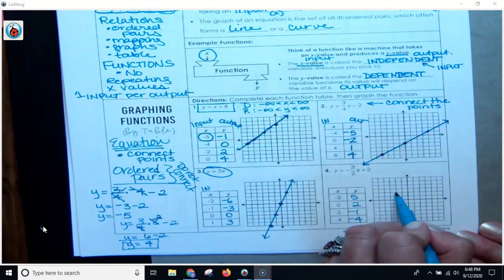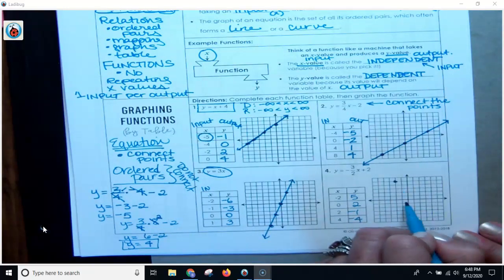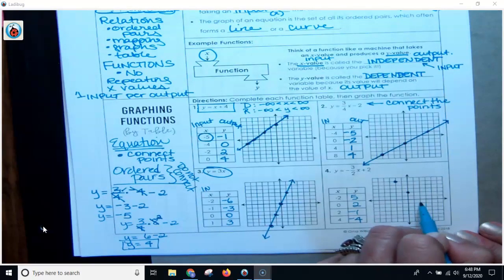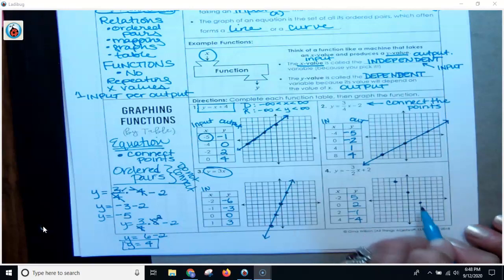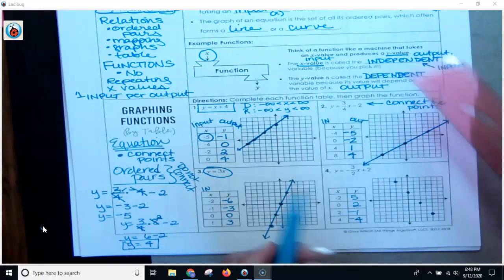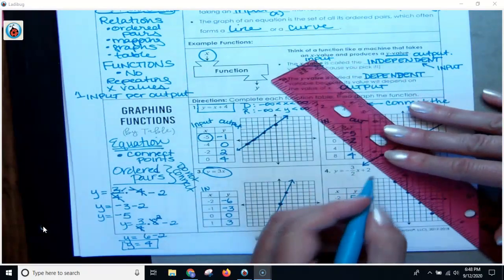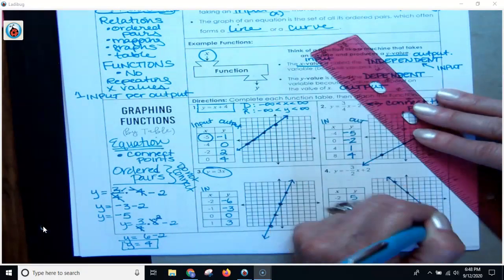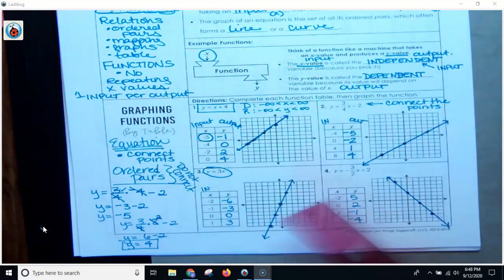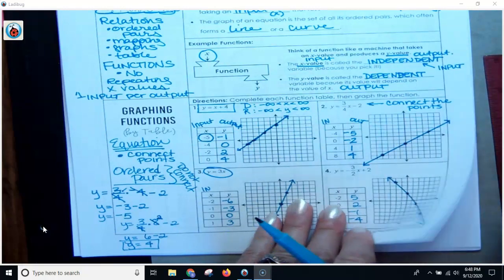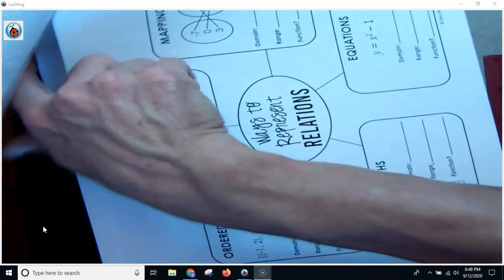So -2, 1, 2, 3, 4, 5, 0, 2, 2, -1, and 1, 2, 3, 4, 1, 2, 3, 4. Now let me tell you, if you're plotting these points and they are not forming a perfect line like these ones are, then there is a problem. Houston, we've got a problem. So make sure that your points are forming a beautiful line. Moving on,